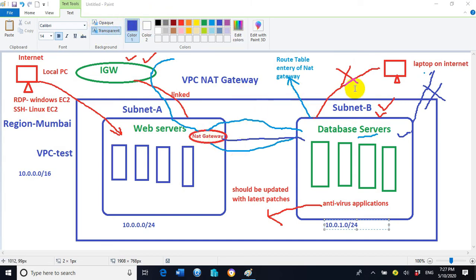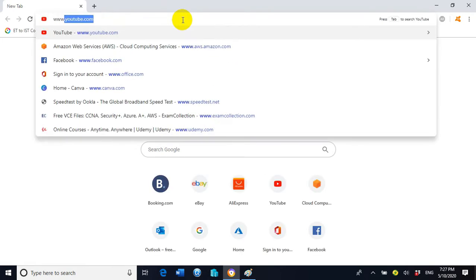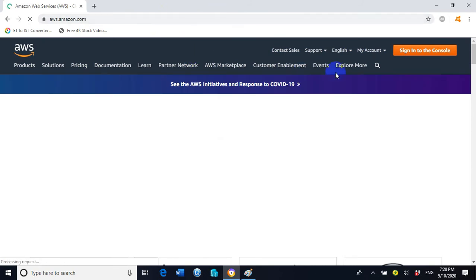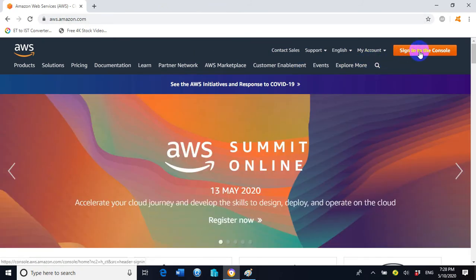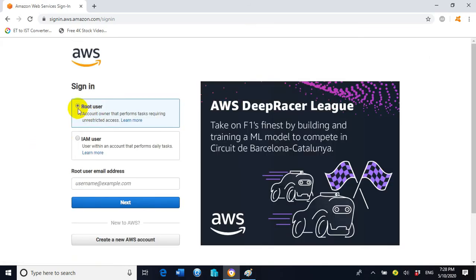So let us go to the portal and understand it very easily. We are on the portal right now. First of all, in order to go to the portal, we need to go to the browser and type www.aws.amazon.com. Click on the sign in to the console option. Here we are on the sign in screen.